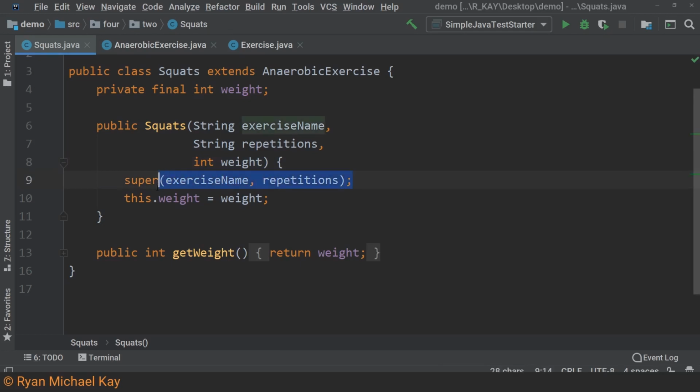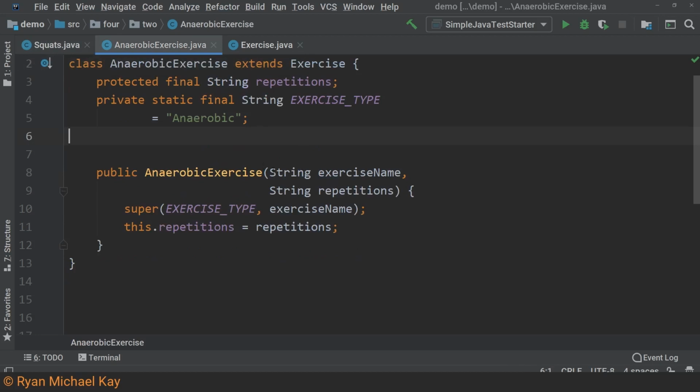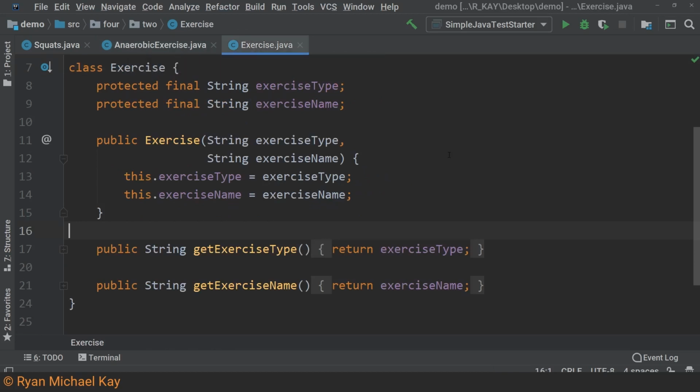The way to achieve this is by using a special reserved method called super. When you call this method, it will invoke the constructor of the next superclass up, and it expects the appropriate arguments for that constructor. In hierarchies with multiple descendants like this, you may need to make several subsequent calls to super in order for the arguments to satisfy the constructors of every class in the hierarchy. This method is also used to invoke overridden methods, but we will look at that when we get to abstract classes.